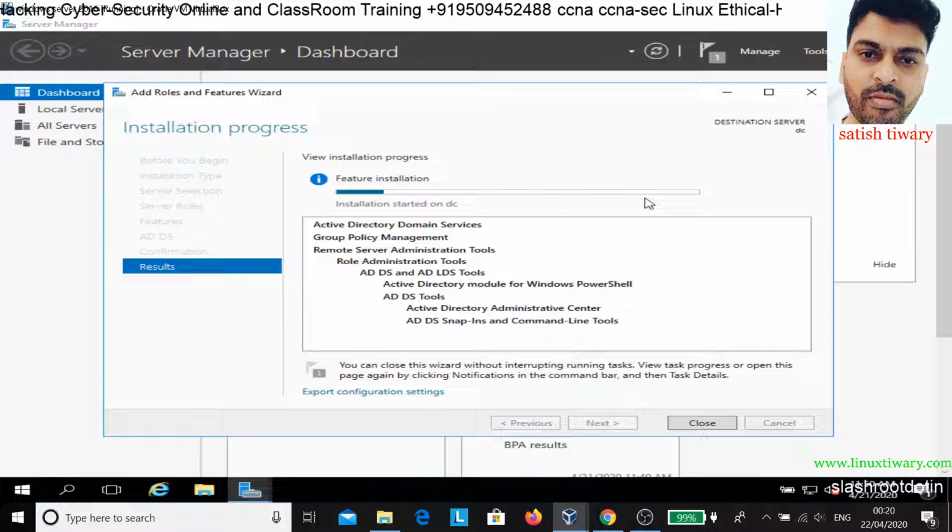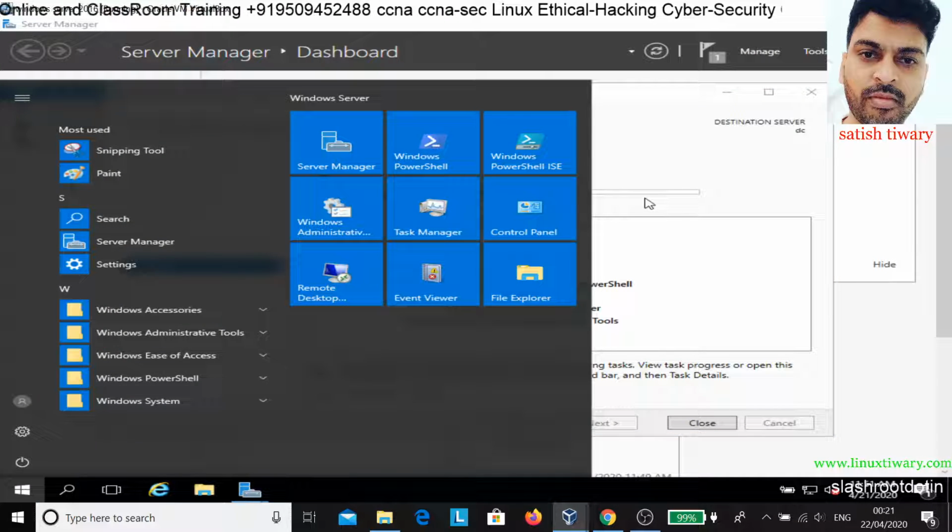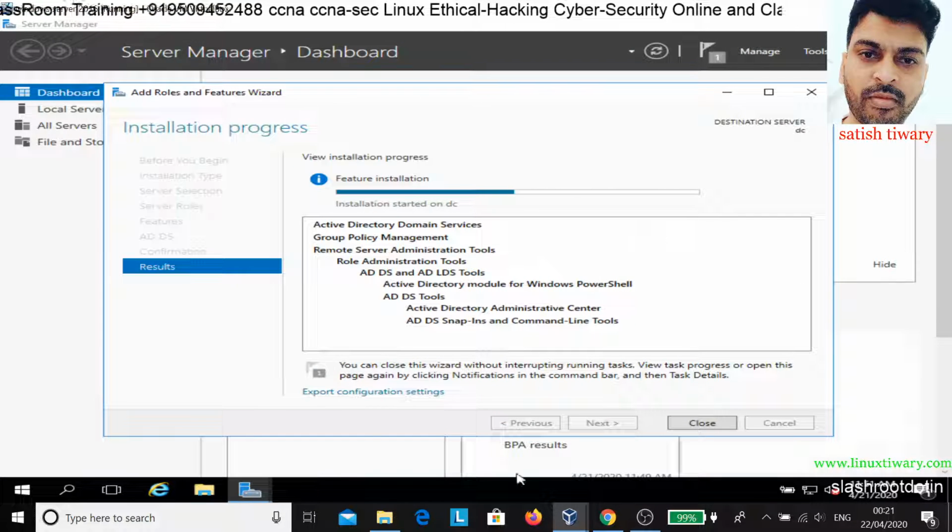We have already made changes in the IP address. I'm going to the main windows and showing you something.